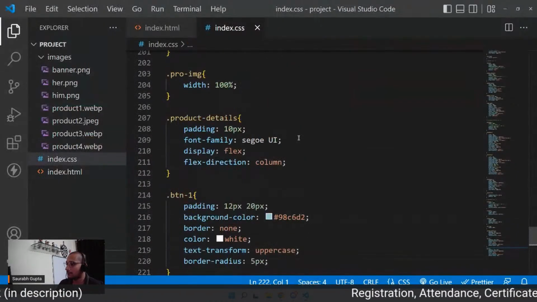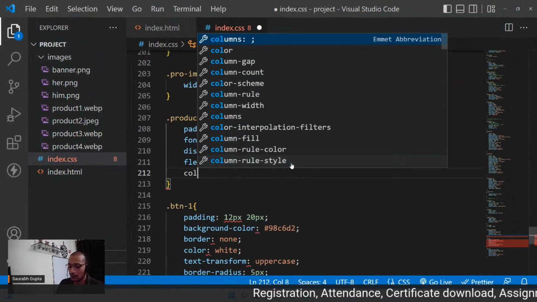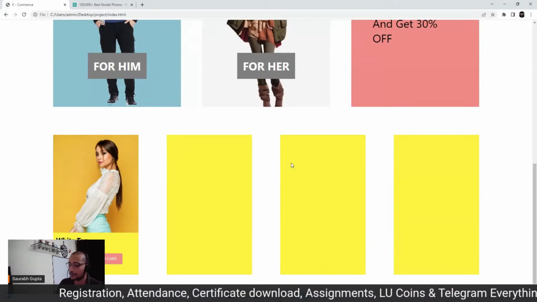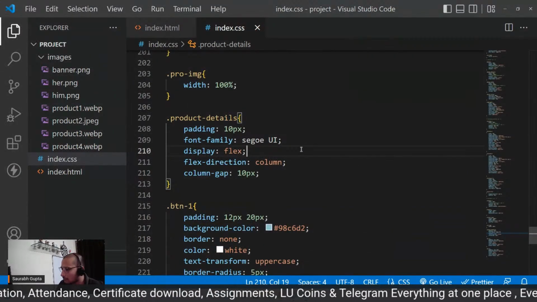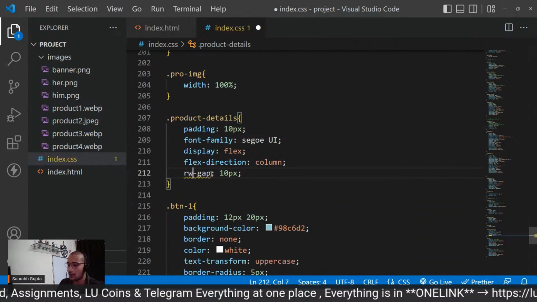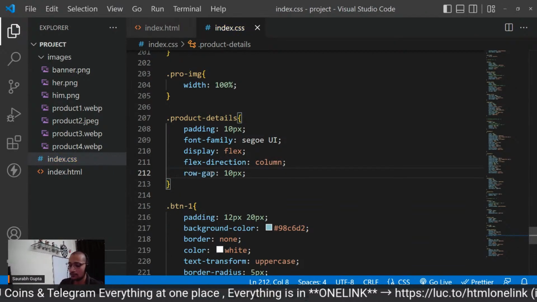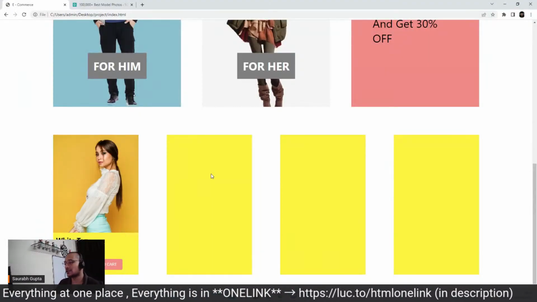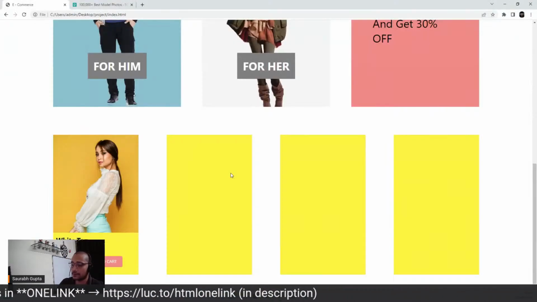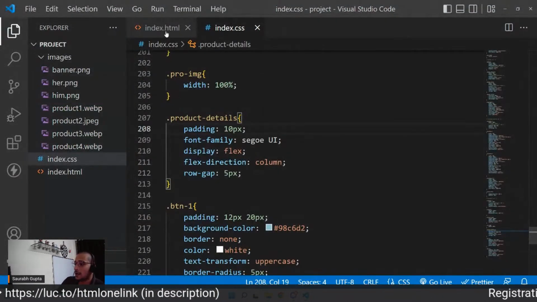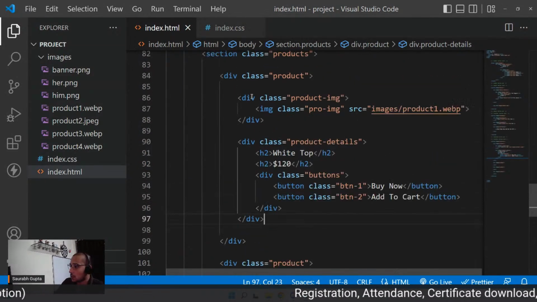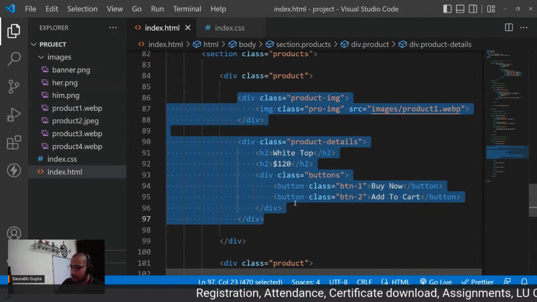And now column gap of 10 pixels. Oh, sorry, row gap. Row gap. Like that. Too much, actually. Too much. Okay, a little bit, good enough. Yep, perfect. And now, just like that, I just need to copy this whole thing inside the product and paste